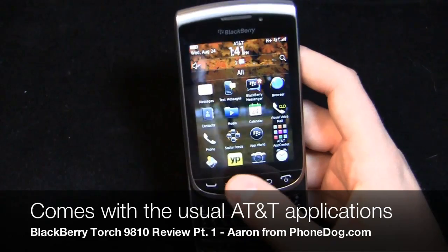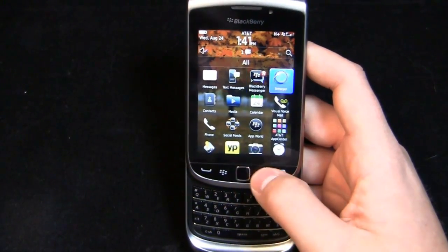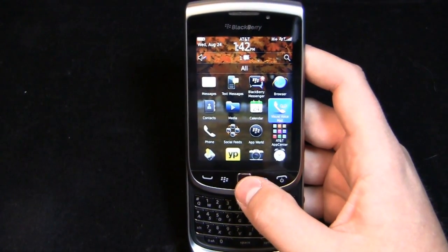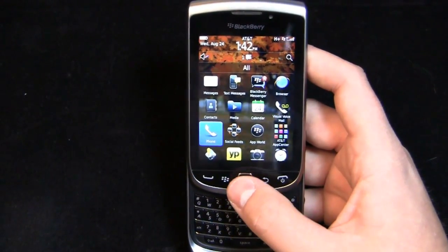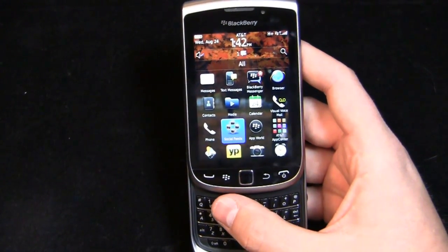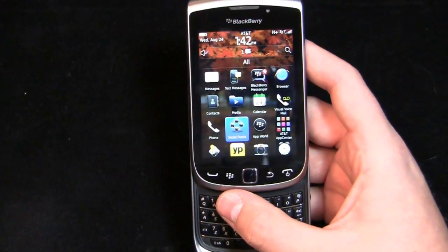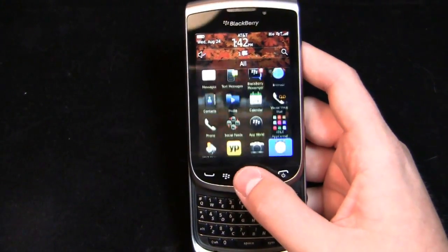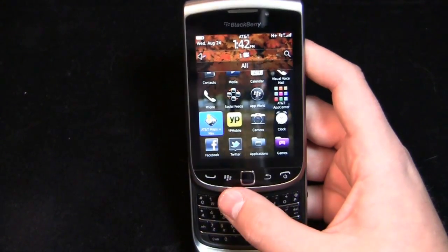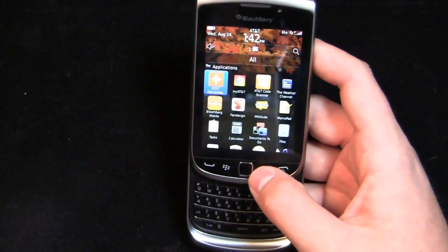You get all your typical applications, and you'll notice some of the icons have changed. Text messaging has changed, browsers changed, media, they're all kind of higher resolution, better looking images, calendar, things like that. You get visual voicemail, you get RIM's social feeds application, which, when you have BlackBerry Messenger and Twitter and Facebook running, is kind of a social aggregation software where you can bring in all your messages, all your updates into one program. I don't use social feeds, maybe you will if you get the device, but it's cool that it's on there nonetheless. AT&T Maps and Navigator, AT&T App Center, YP Mobile, Facebook and Twitter pre-installed, and then in applications,